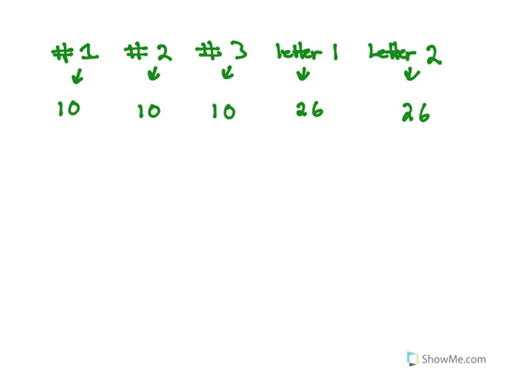Okay, if you have some number that we'll call the first one, 0 to 9 are the digits that could make up that number. Same thing with the second number, 0 to 9 digits, right? The third number is 0 to 9 digits. Well, 0 through 9 is 10 possible numbers. You have 3 numbers, so 10, 10, and 10. 2 letters, 26 and 26, because you have to represent 26 possibilities of the 26 possible letters. So all we got to do is just multiply these together, okay? And that's going to equal, I've already calculated it out, so it'll be